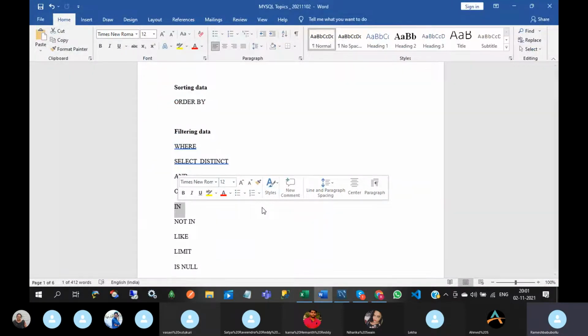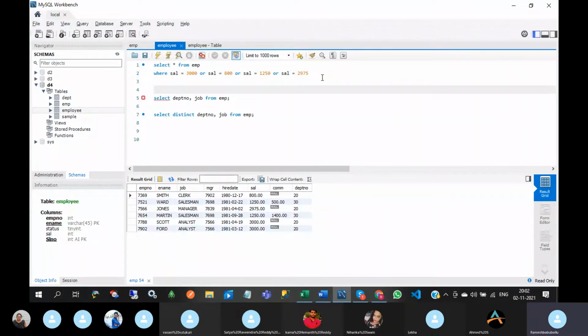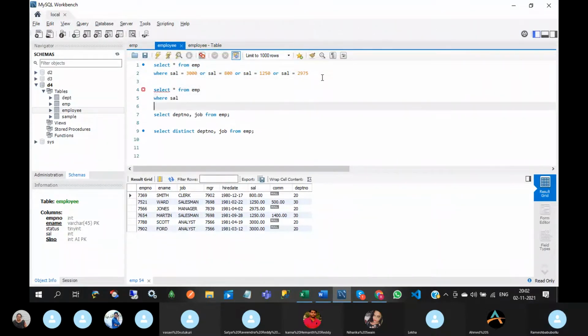So the in operator determines if a value matches any value in a set, like there, salary in 3000 comma 800 comma 1250 comma 2975.